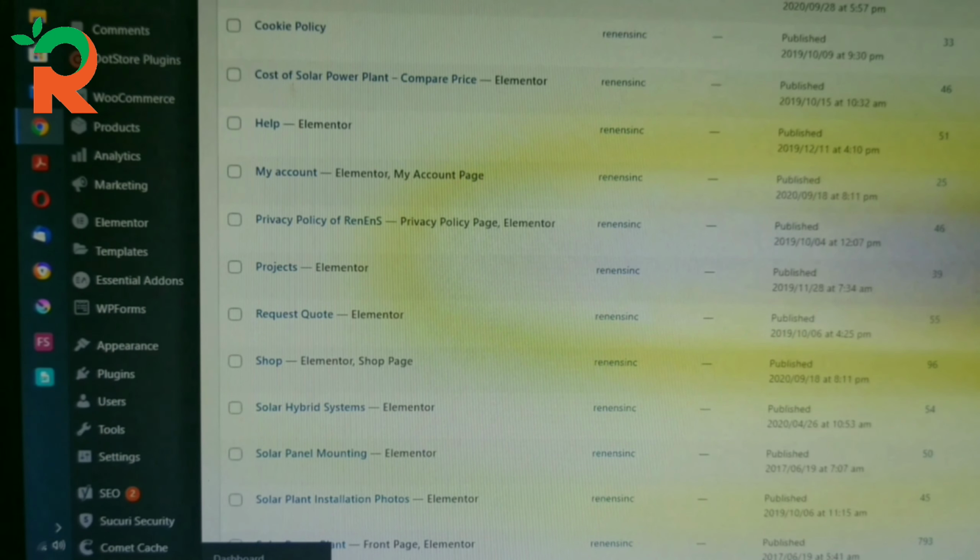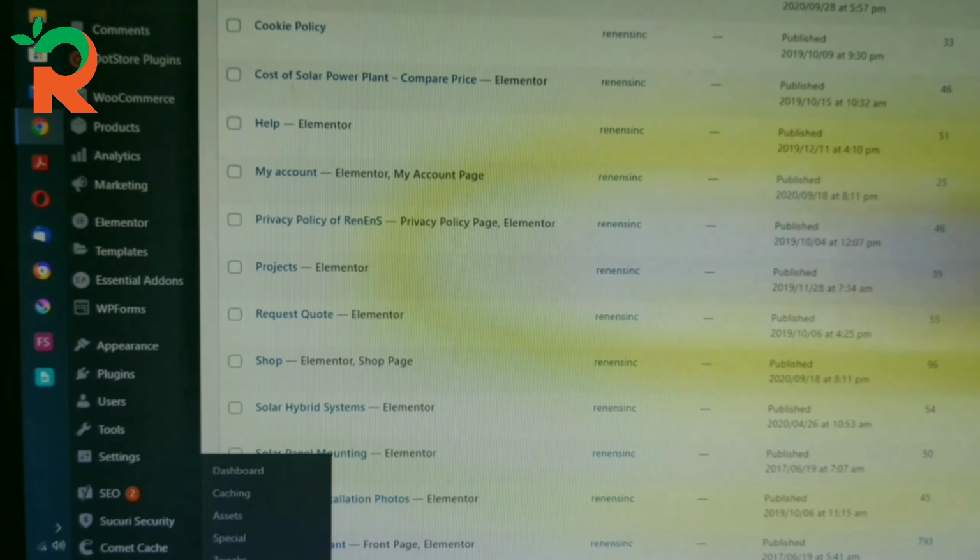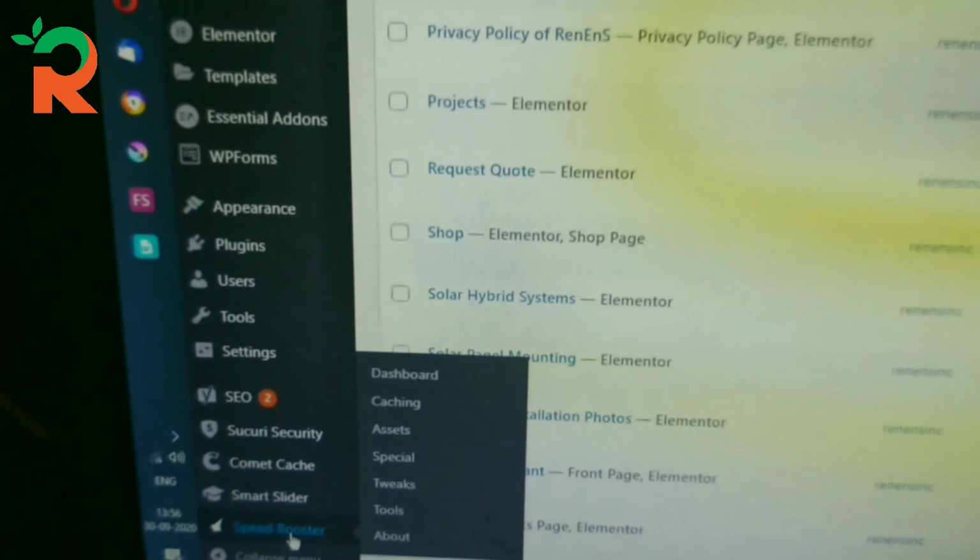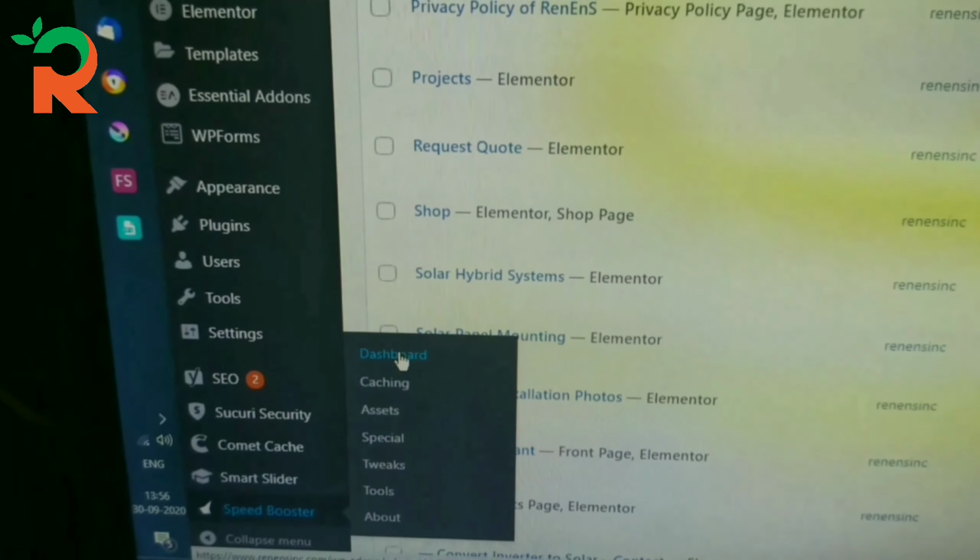So these errors normally arise because of a false setting or a setting change in any of these kind of plugins, like the Speed Booster or the Cache plugin. So I have installed the Speed Booster here. You can see that it's called Speed Booster. I click on Speed Booster and then I click the dashboard.